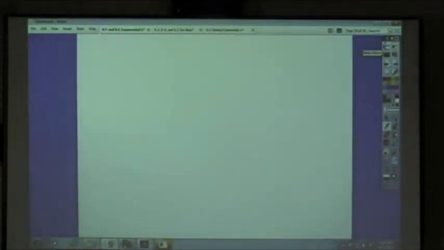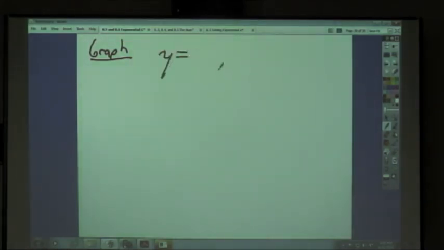The last section on the test, other than what I've already talked about, is graphing. You'll probably have one graphing problem on there, since I gave you two graphing problems on the last quiz. Remember with graphing, you're taking something that looks like this: y equals, let's say, 2 times 1/2 raised to the x minus 4, plus 4